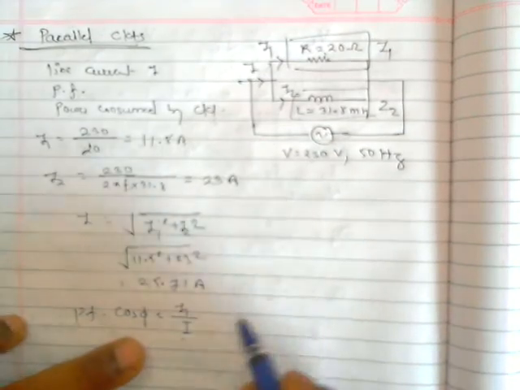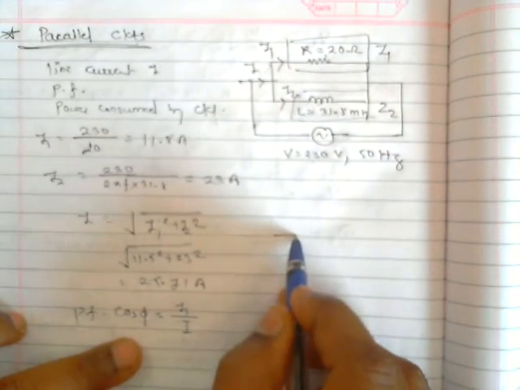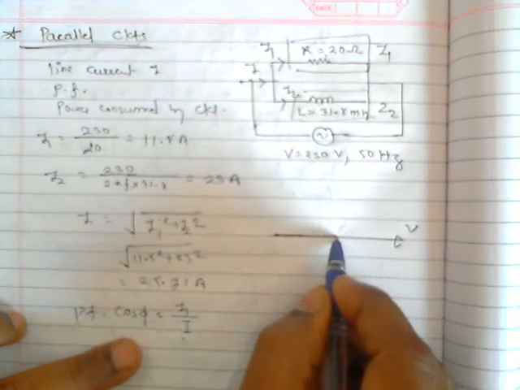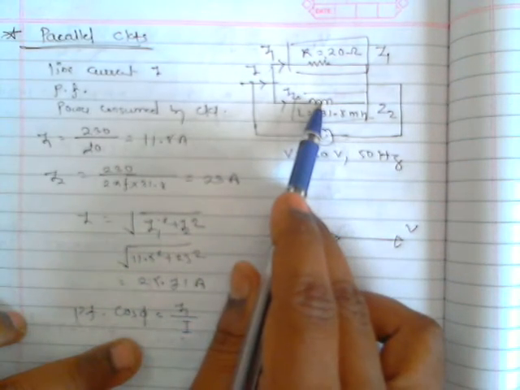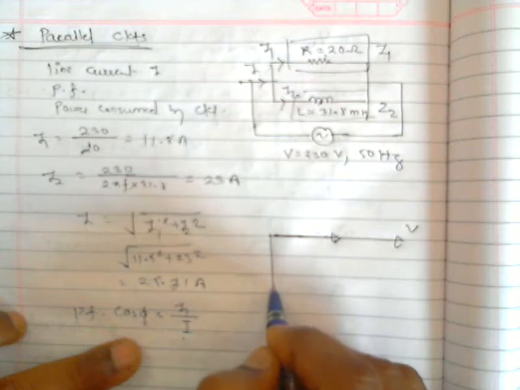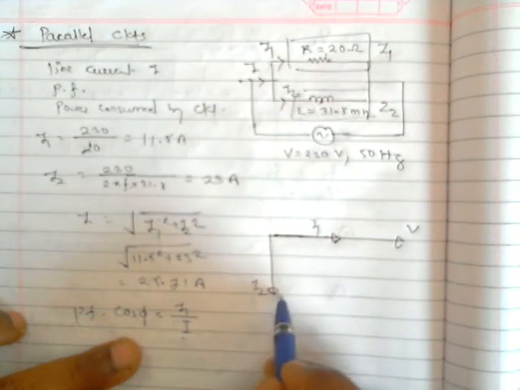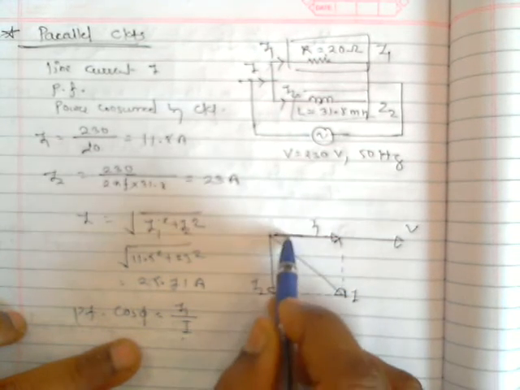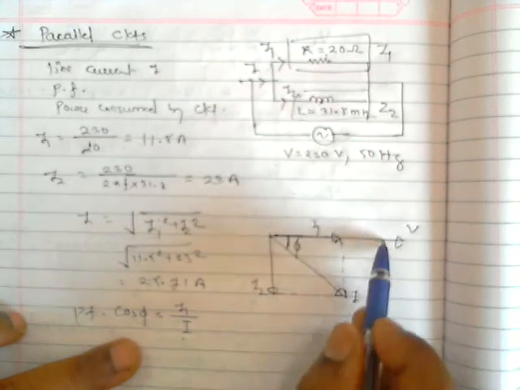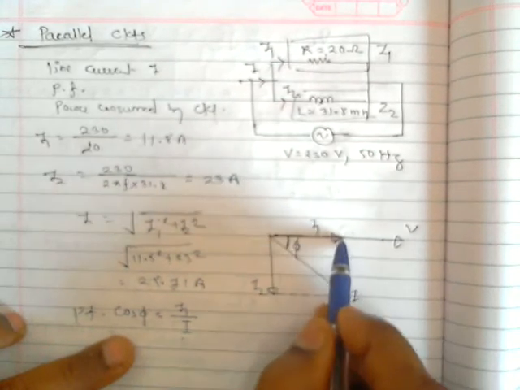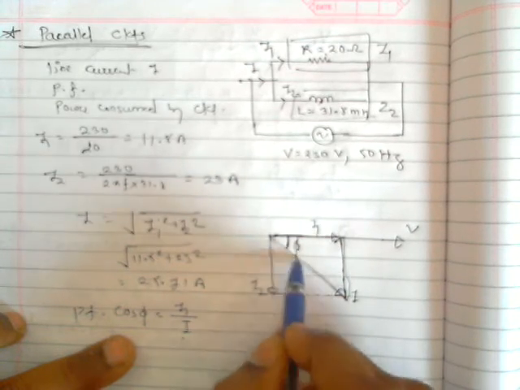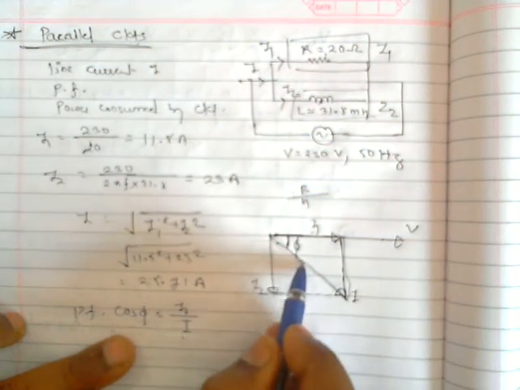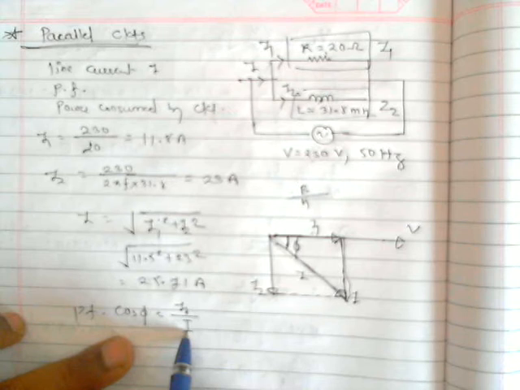Why? Before that, just see here. If I draw the phasor diagram, if I take voltage as reference, this is V, then current in this resistance will be in phase, so this is I1. Current in inductor will be 90 degrees lagging, so that will come here somewhere, I2. This is I1, this is I2. So what is net current? Net current is the addition of these two. This is I. This angle is phi, the angle between voltage and current. So cos phi is what? See this particular triangle. Cos phi is base upon hypotenuse. Base is I1, hypotenuse is net current I. Hence this is cos phi.